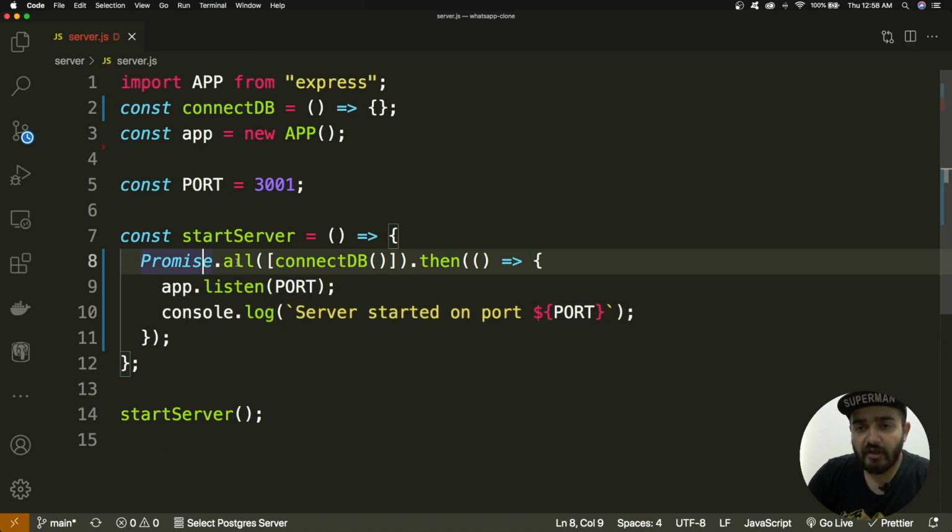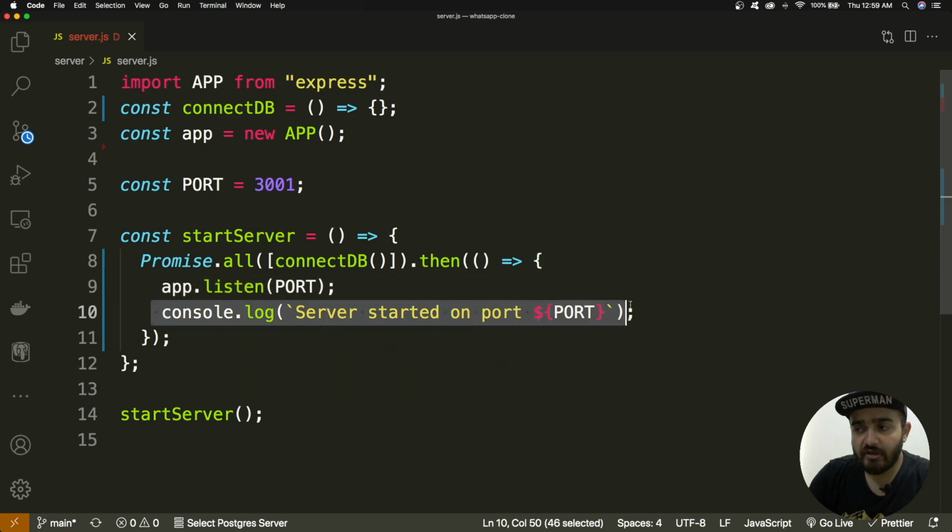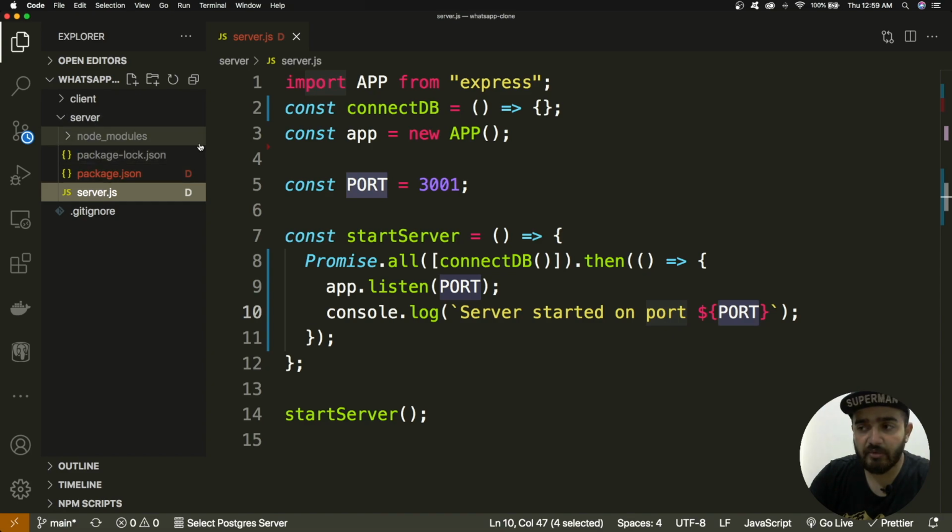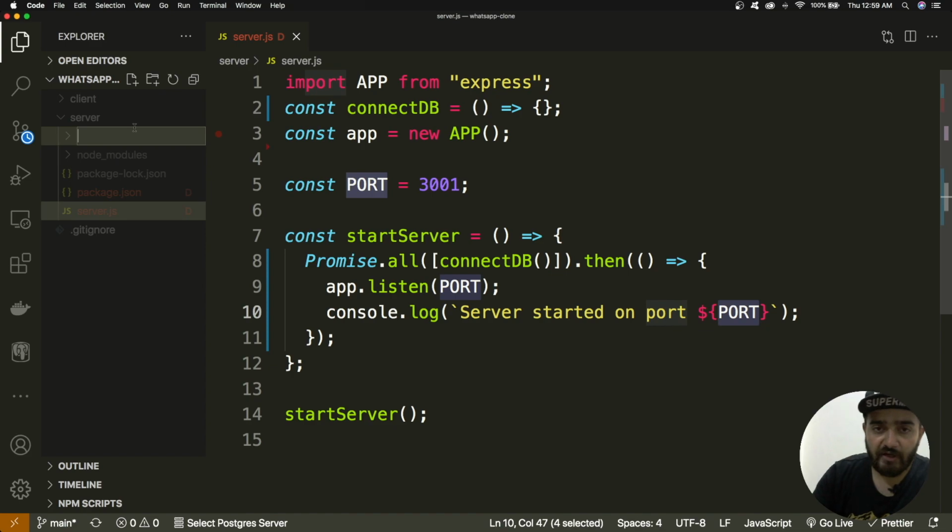So that's how, once the database connection is there, we can start our Node.js application or the Express app, and we will define that this application has been started on this port. Now the next basic thing we can keep is a folder that is specific for the db connection,